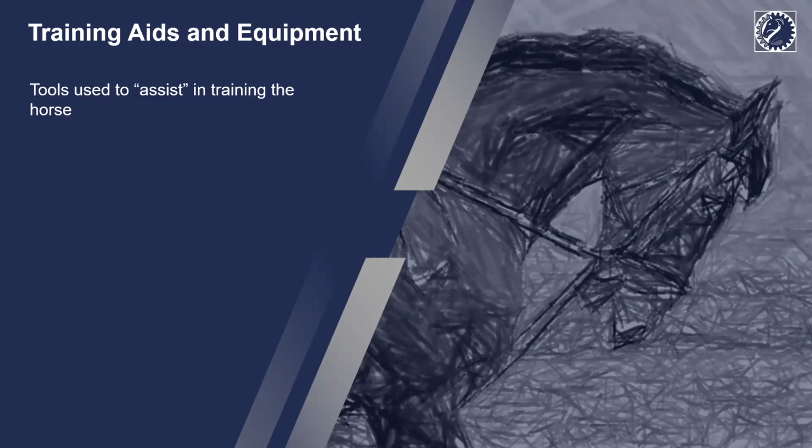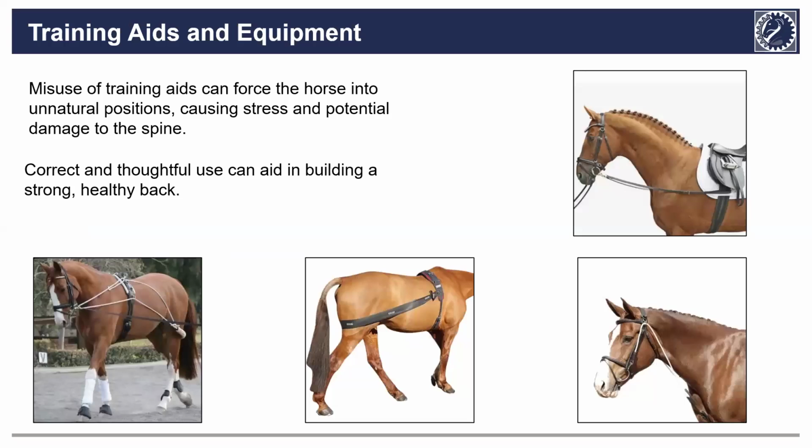Okay. Not gonna talk too much about this. This wouldn't be my favorite topic of conversation. Draw reins, other training aids in inverted commas. Unfortunately, I would say anything that is going to have an effect on restricting the horse's head and neck is